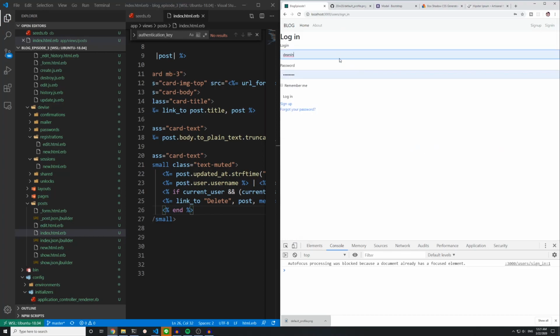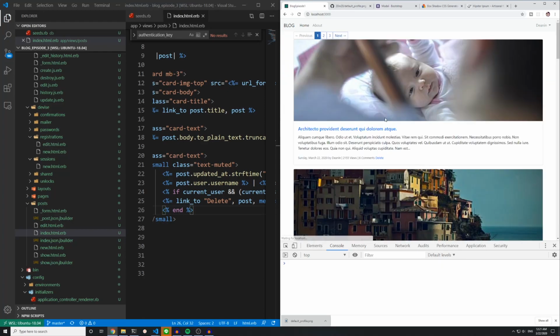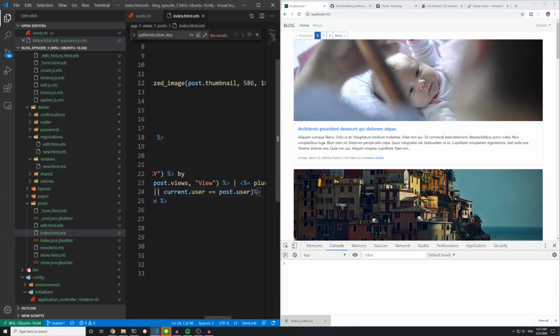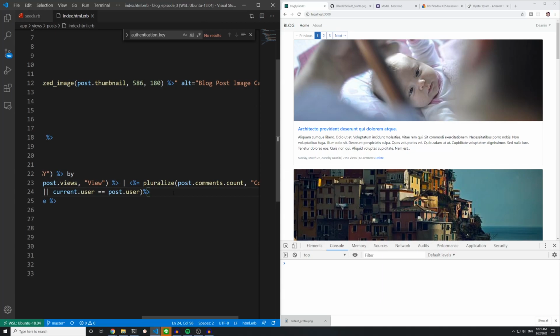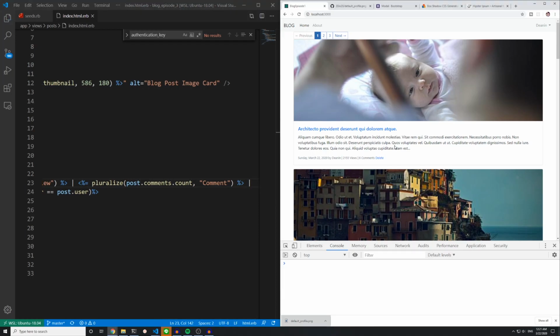I'm not signed in right now, so let's sign into my account with the username Deanin. And let's also put a, let me do this so that you can see more. After we put the number of comments, let's put a bar here and another space, refresh the page, and then if we click delete on this first one,